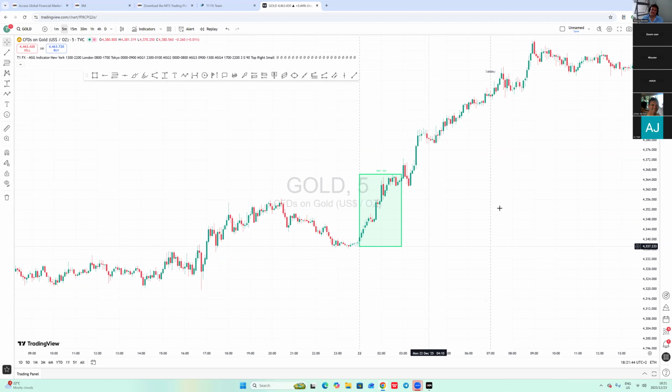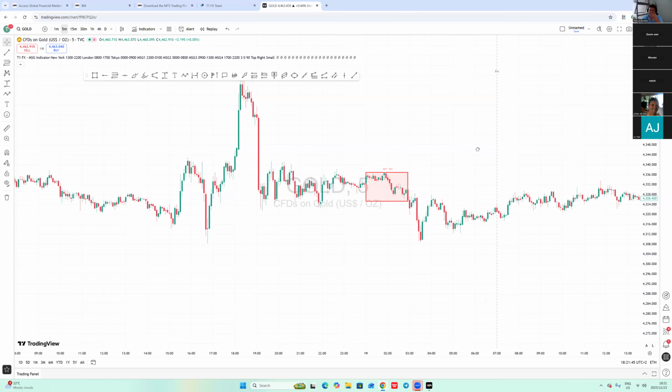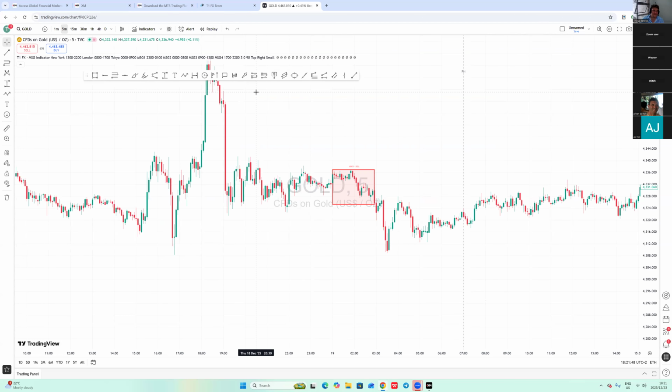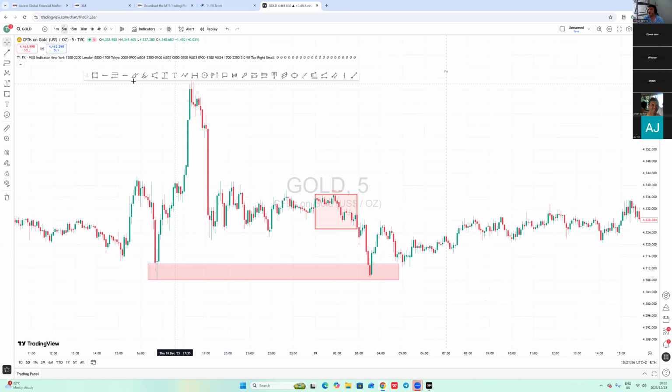Okay, stop loss. Where do you put your stop loss? Okay, so obviously, if you target the previous lows on a sell, which was here, you need to go back test it on your own. Where is it best to put your stop loss? We're not going to just say everything to you.